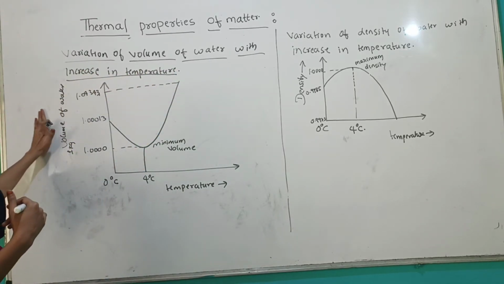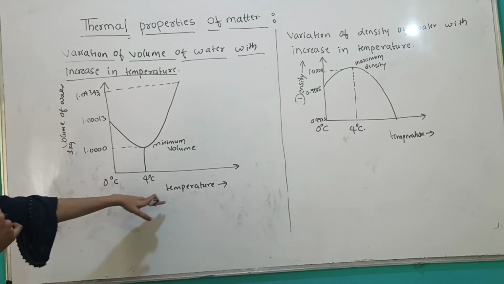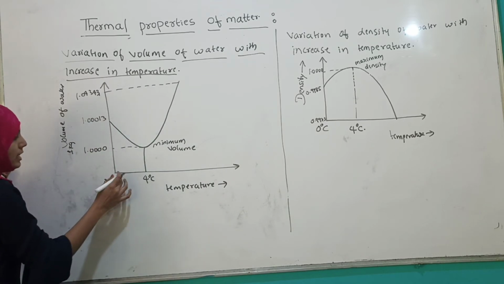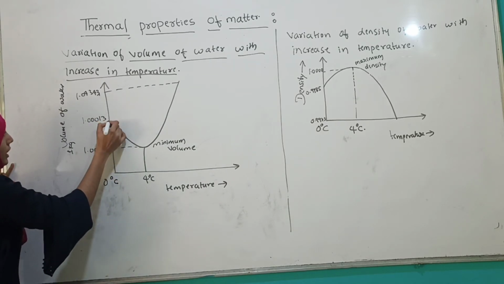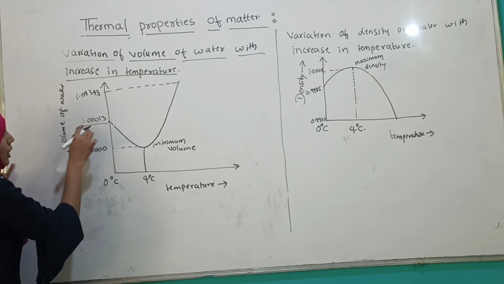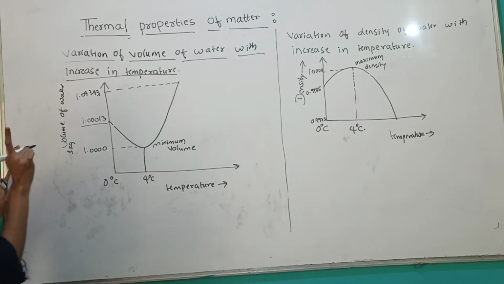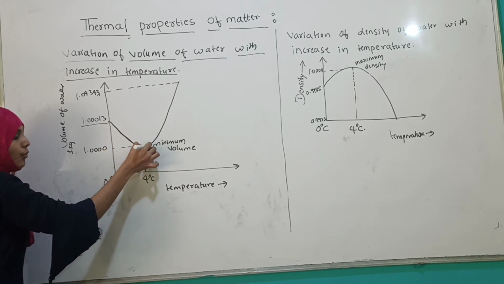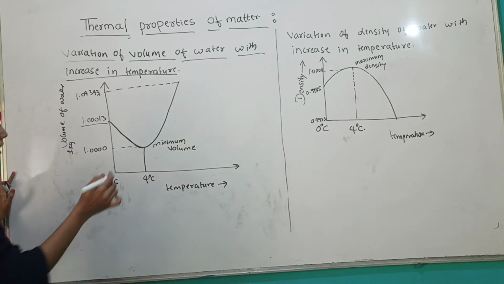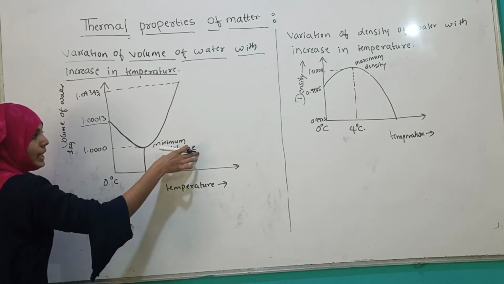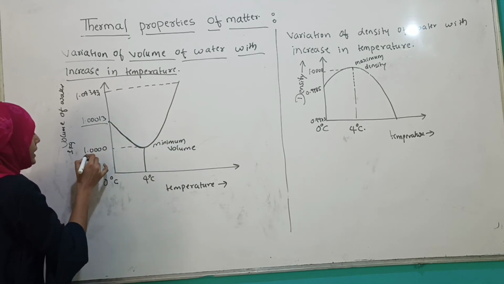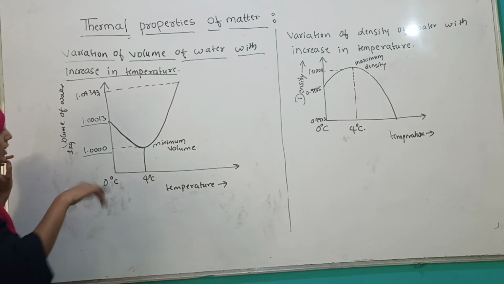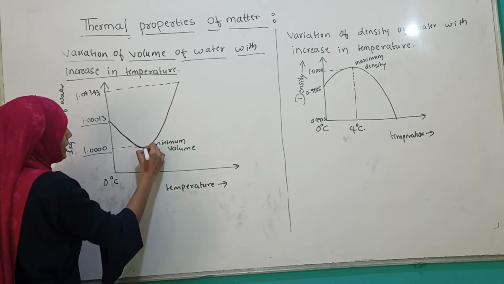See the graph, the volume of water versus the temperature. See, at 0 degrees Celsius, the volume of water is 1.0013. Here, the volume decreases up to 4 degrees Celsius, and this minimum volume of water is 1 kg. 1 kg. Next, after 4 degrees Celsius, the volume of